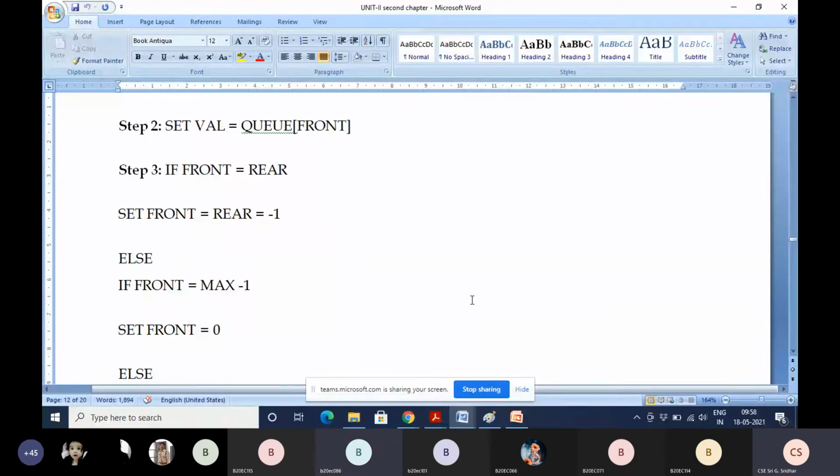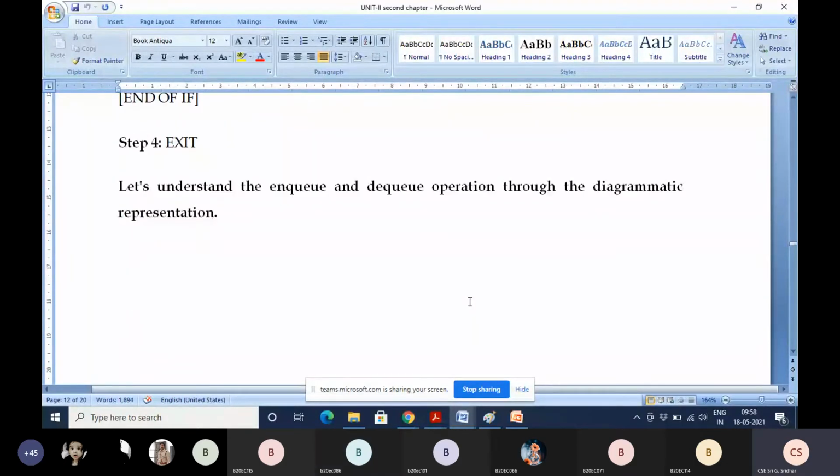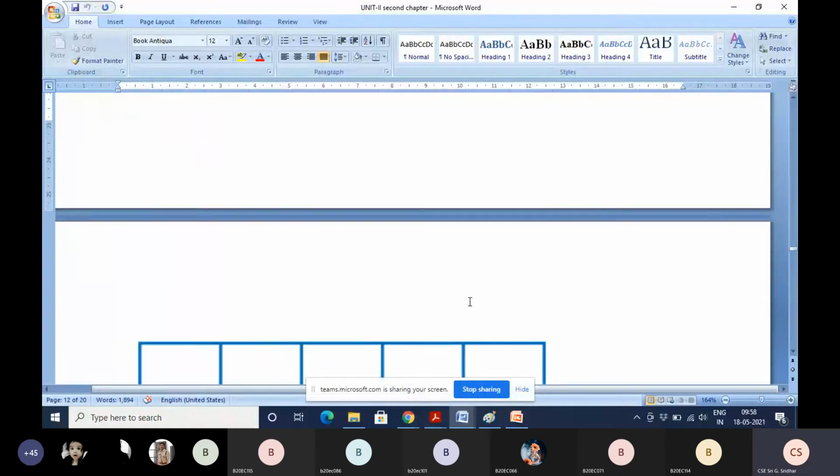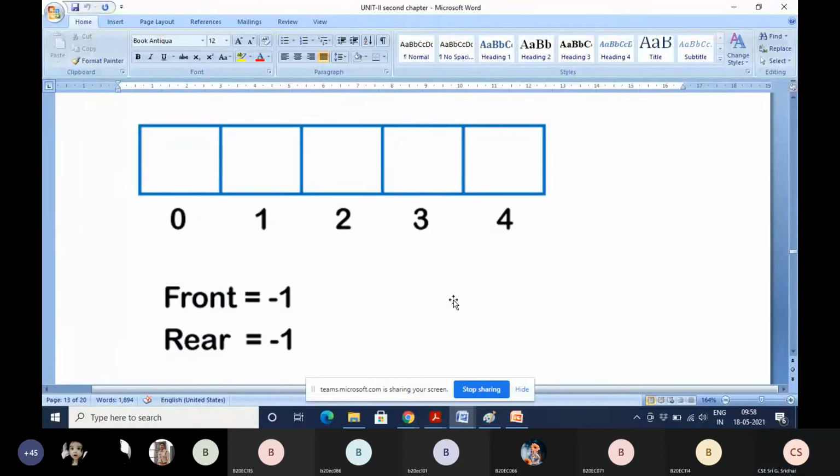Okay, now see the diagrammatic representation of the NQ and DQ operations. We did not draw it like a circle. The normal array itself is represented here, but you assume it is like a cycle, a circle representation.